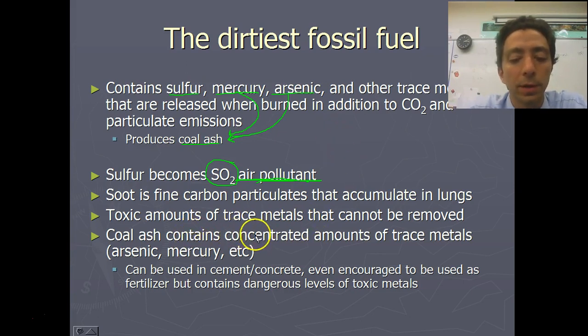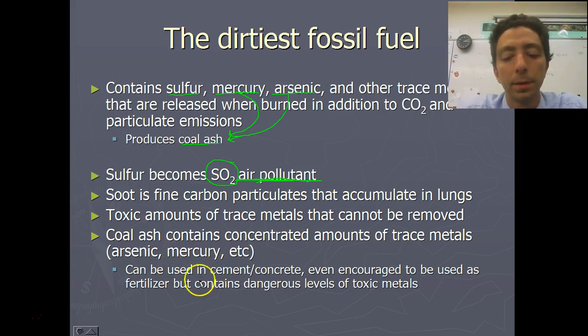Coal ash is also very toxic because of having arsenic and mercury in it. We can use some of that for making cinder blocks and things, but it does have dangerous levels of toxic metals, so we have to be careful where we put it, that it's not going to be consumed, breathed in,